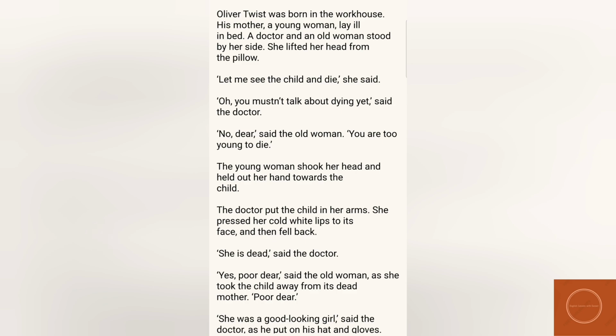It seems from this paragraph that it has been only a very little time since Oliver Twist was born, and his mother is very badly ill and is on her deathbed. A doctor and an old woman are standing by her side, and she lifts her head from the pillow and she says,